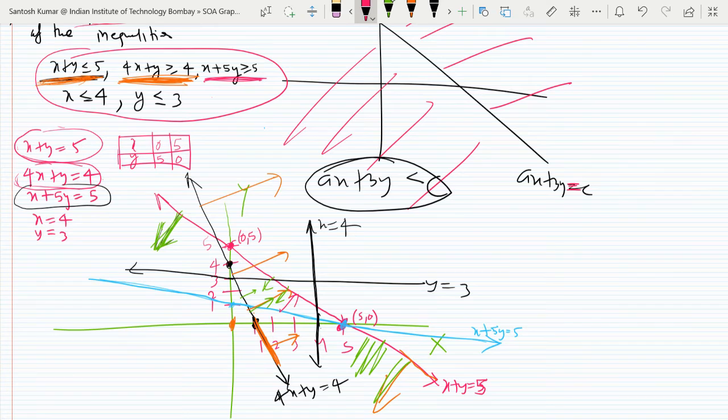So the upper half for this line also; you take the origin and put it in. x ≤ 4, so it is easy to decide. x is equal to 4, so the right side is more and the left side is less. So the left side. y ≤ 3, so again the lower half. Now the problem is you have to just decide the common region from all the 5 lines, or all the 5 inequalities.